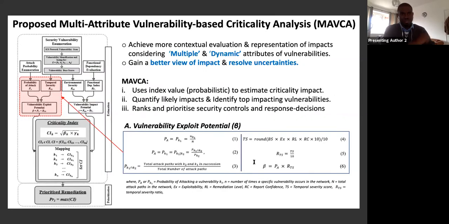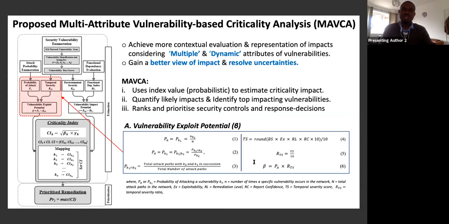So quickly, this is what we have. We proposed a method that is still based on CVSS. It builds upon CVSS, and it is a multi-attribute vulnerability-based analysis. Rather than just focusing on CVSS, our approach explores other attributes related to CVSS. The approach considers a couple of other factors and characteristics, and we look at the multiple and dynamic attributes of the vulnerabilities